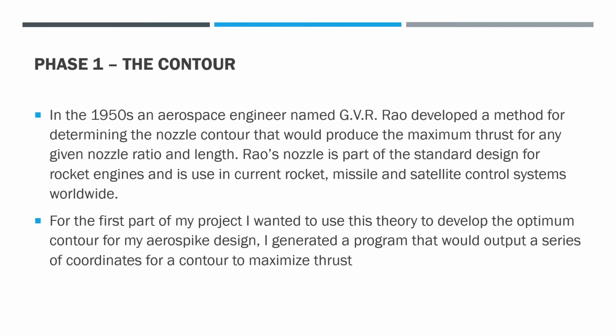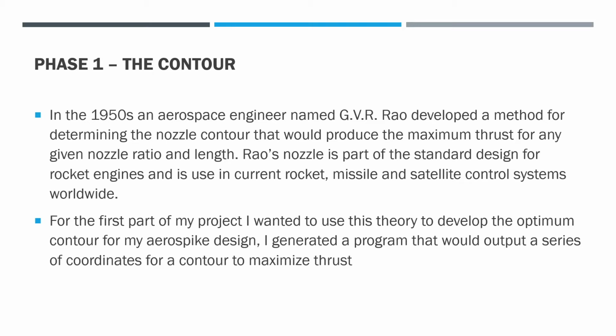Phase 1. The code and contour generation. In the 1950s, an aerospace engineer named G.B.R. Rao developed a method for determining the nozzle contour that would produce the maximum thrust for any given nozzle ratio and length. For the first part of my project, I wanted to use this theory to develop the optimum contour